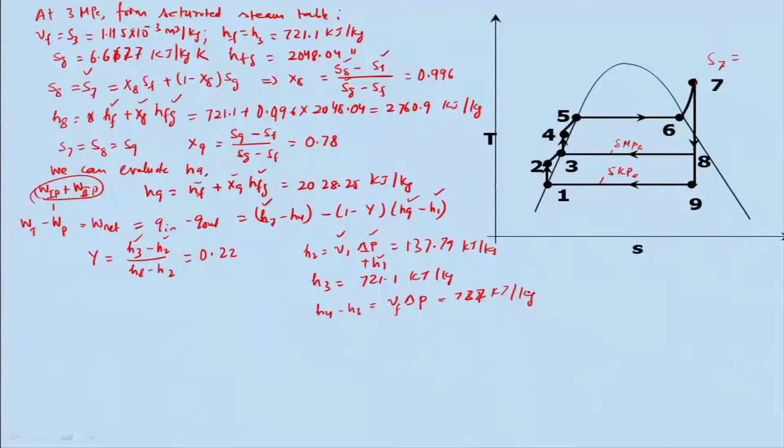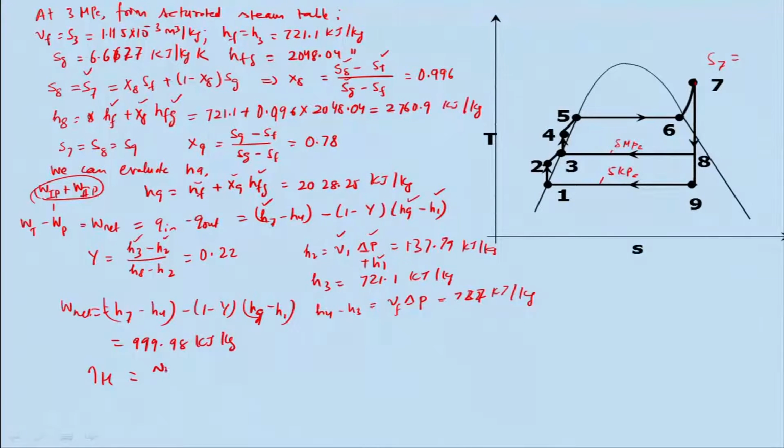So, once you know this thing, right, I can find out the net work, S7, right, and H4 minus 1 minus Y, H9 minus H1. So, all are known. So, you will get basically something 999.98 kilojoule per kg. So, once you get that, then you can get the thermal efficiency